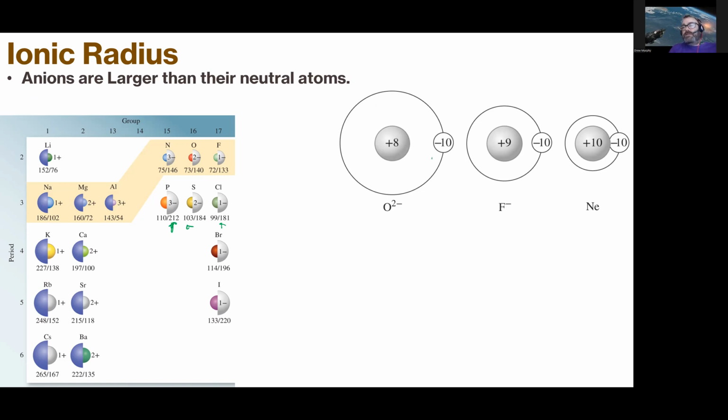So in O2 minus, we have 10 electrons, but there's only 8 positives. In fluoride, we have 10 electrons, but there's only 9. Neon, right? But the atomic trend still holds true. As you go down this way,